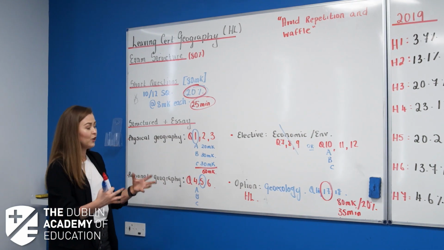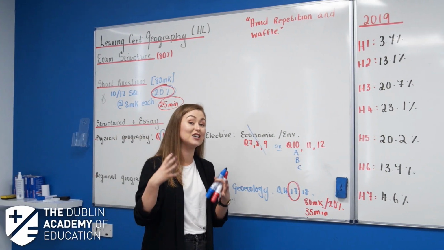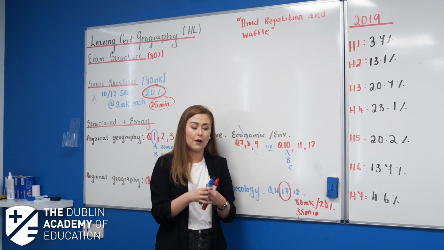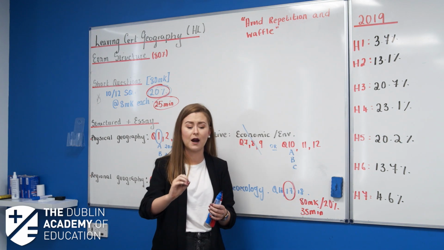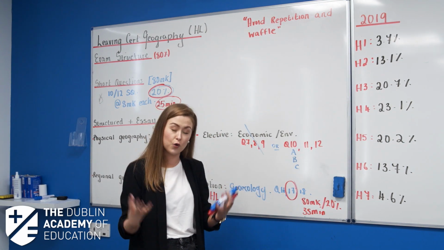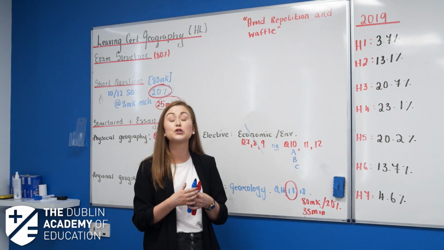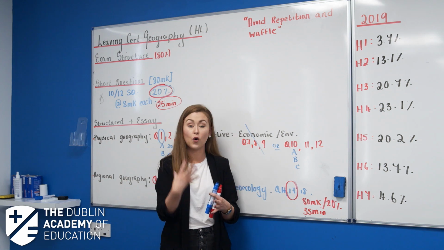Now, when you look at this here, this is 80%. What you have then is 20% as your field investigation, okay? Now, I'm not going to dwell on the field investigation, as 20% is a really, really easy 20 marks as long as you get the correct guidance and the correct supports to complete it. Most students will complete a coastal or a fluvial study, so either at the sea or a river.